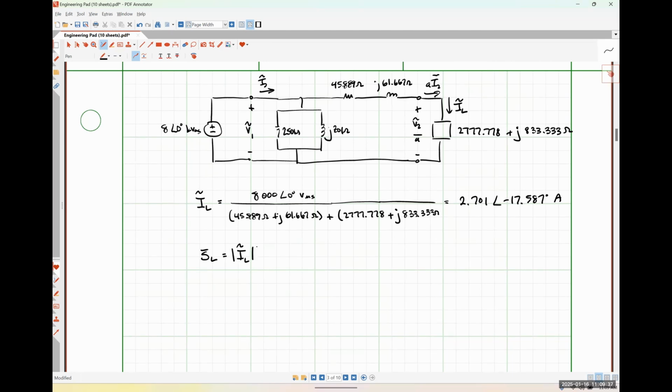I can find my complex power by simply taking the magnitude of my load current squared and multiplying it by my load impedance, which in this case is that Z motor P. So this would be 2.701 amps RMS quantity squared times that 2777.778 plus j833.333 ohms, which would give me a complex power of 21,157.285 with an angle of 16.699